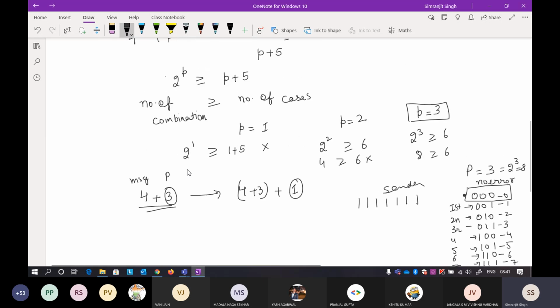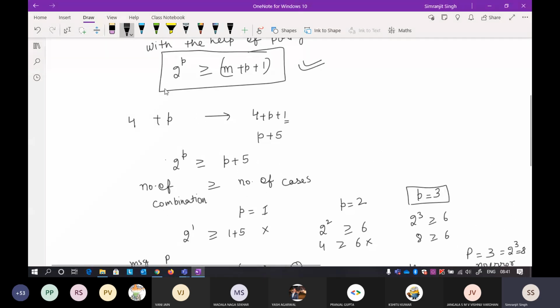Okay, so how do we set the parity bit? How many parity bits are possible? This is done by using this formula. That is why I've said that the parity bit should be set in such a way that the total possibilities generated by the parity bits should be able to figure out all the cases that are possible.